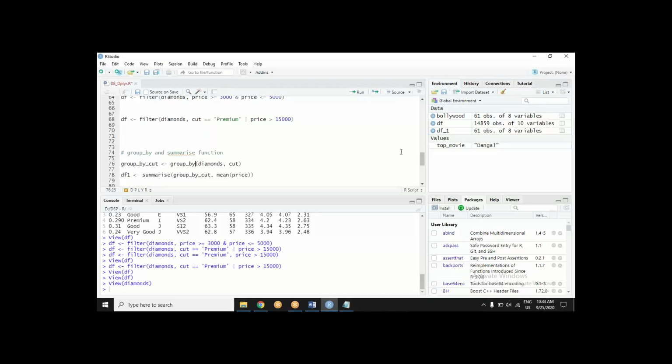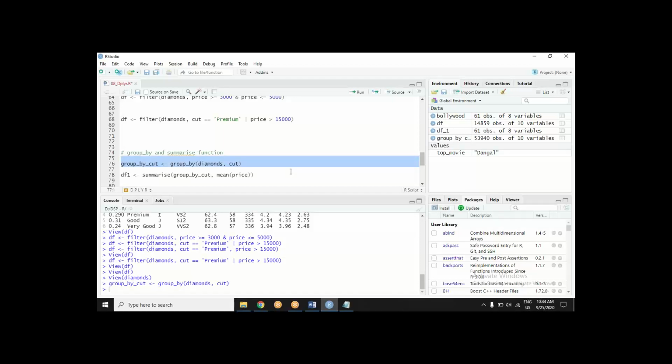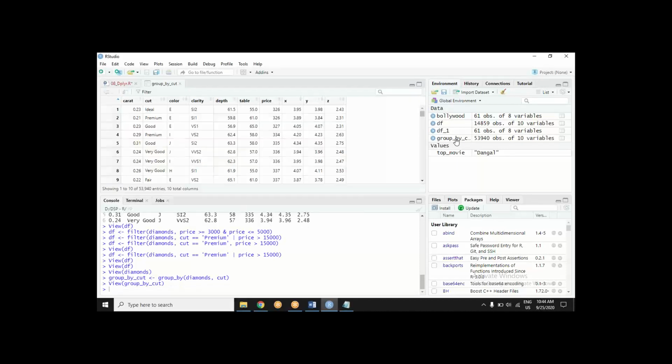Here I am saying group by this diamonds data set according to the cut column and save it as a variable, group by cut. So the whole data set will be grouped by the categories in the cut column. Let's see. Now there is a new variable where the data is grouped by categories of the cut column.